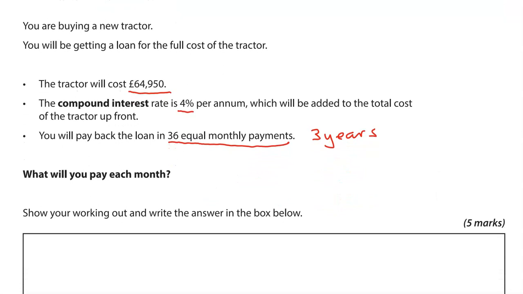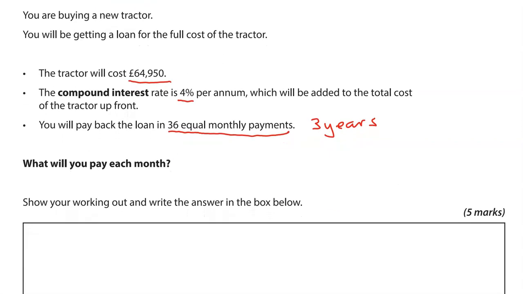So using the formula for compound interest, let's write the initial amount first, so £64,950 multiplied by 1 point. What is the interest rate? It is 4%. So